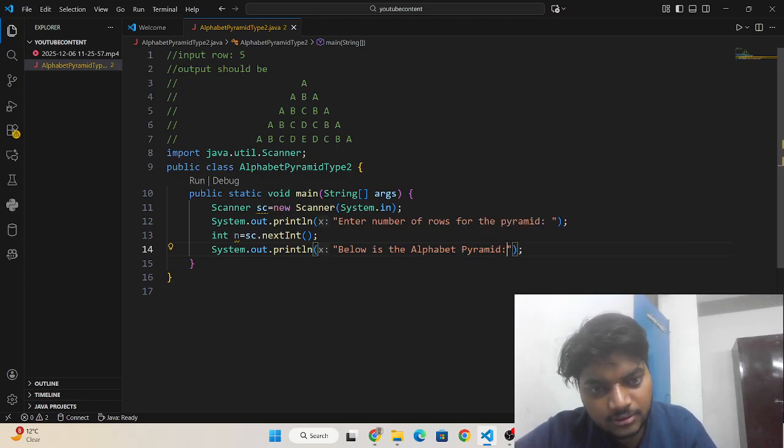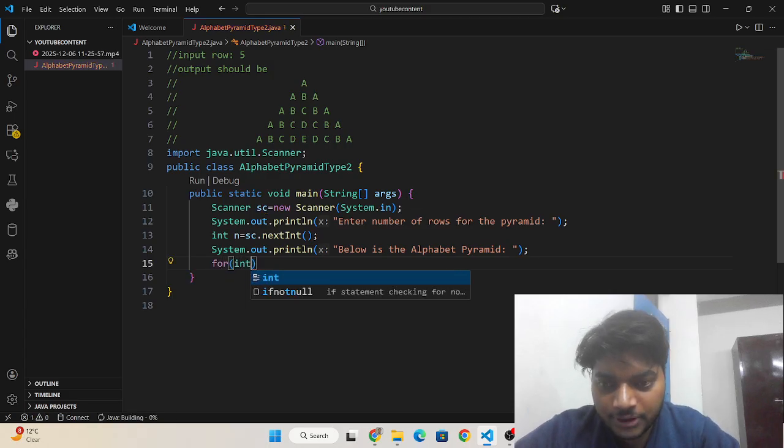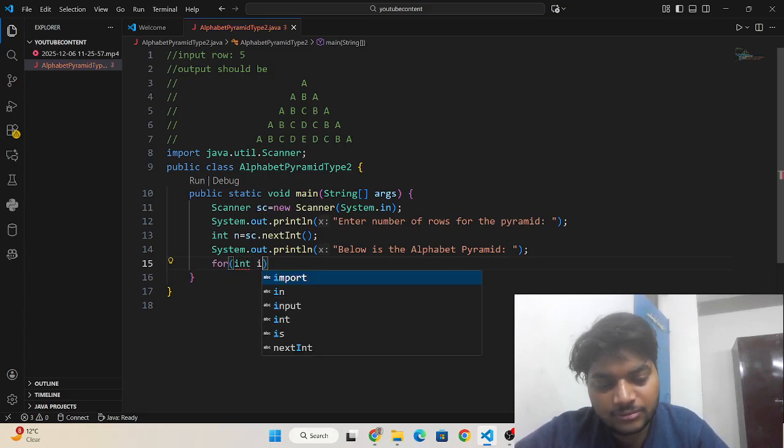Okay, and then I need to write here the main logic to print this output. To print the number of rows, I need to write a loop: for int i, starting from 1.